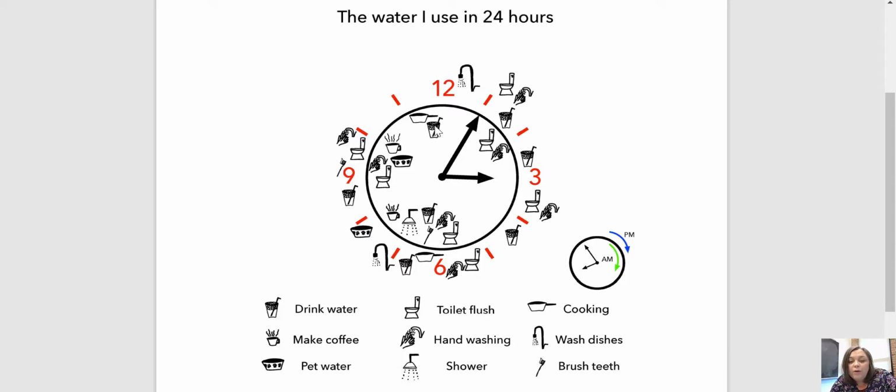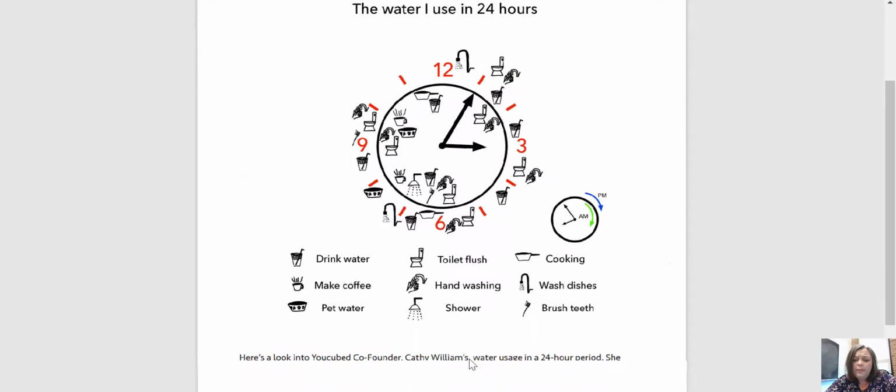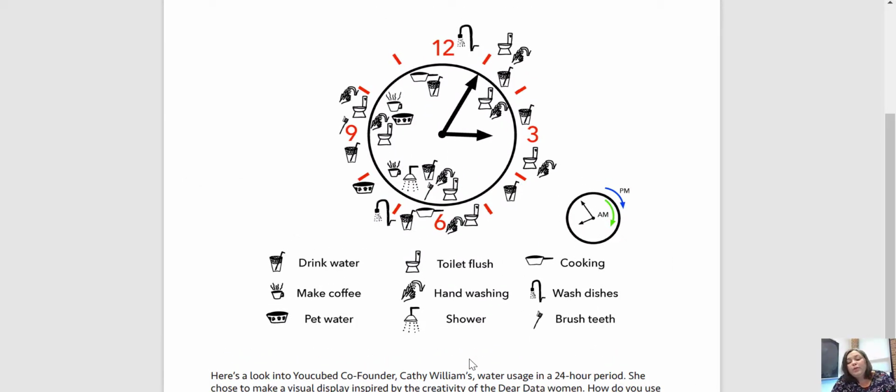Once we get to 12, we need to move outside of the clock because it'll be PM. And so it looks like she's actually washing dishes at 12 p.m., so maybe right after lunch. And you see the day goes on, and then the day ends right around 10 o'clock. But then if you look, there's this one lone little bathroom trip here. So it looks like she gets up in the middle of the night. If you look at the legend down here, you can tell what each of the icons are. I mean, you may have to enlarge the graph a little bit so that you can see it because this is on a PDF. But I think it shows